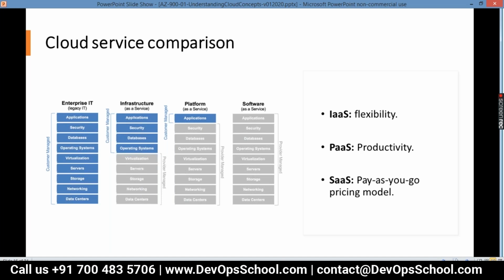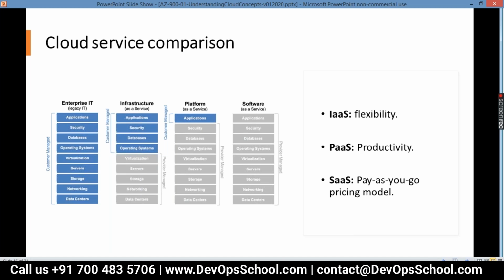So if we adopt software as a service, it means we focus only on our business. We are not going to bother about the software, platform, and infrastructure layers. If we focus on one particular stream, then the output will be more, right? Correct. Yes, absolutely. So this is the difference between on-premises, infrastructure as a service, platform as a service, and software as a service.